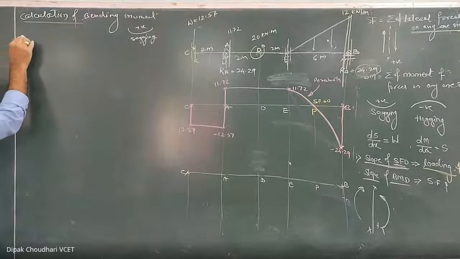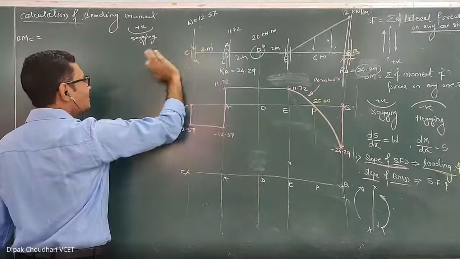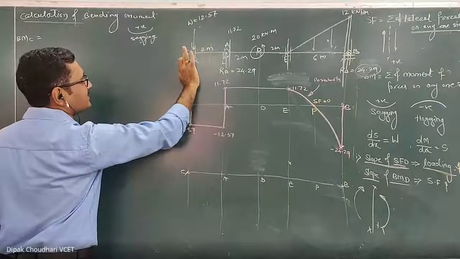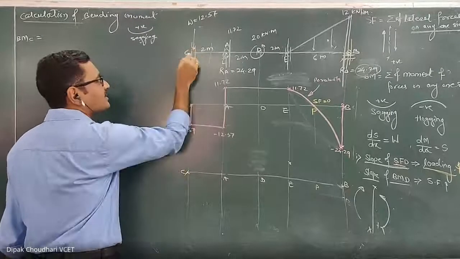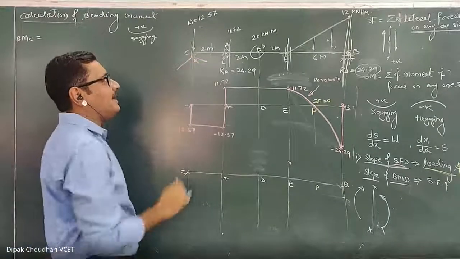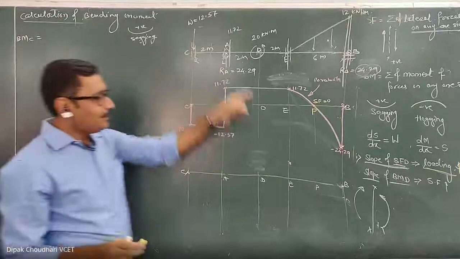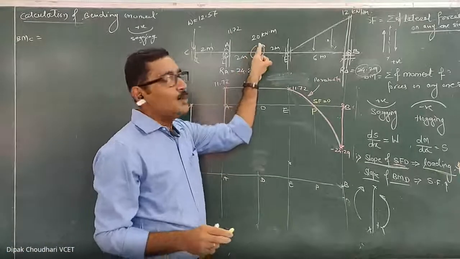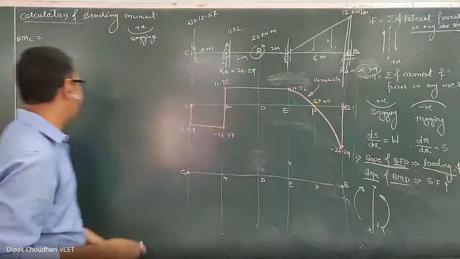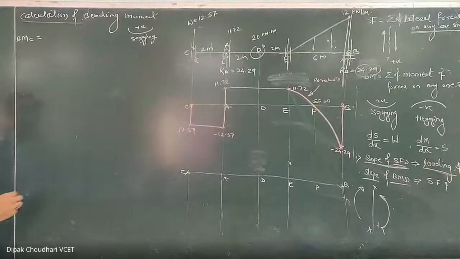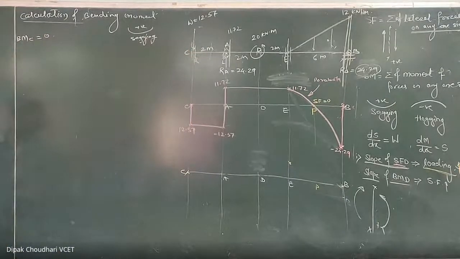Bending moment at point C. Now listen, at point C, a point load is there. So for calculation of the bending moment, no need to take the section on left and right. Even if you take the section on left and right, the bending moment value will remain the same. Only if a moment is present do you have to take the section on the left side of that and the right side of that. So bending moment at point C: if I take the section at point C, on the left side of the section there is no force, so bending moment at point C will be 0.